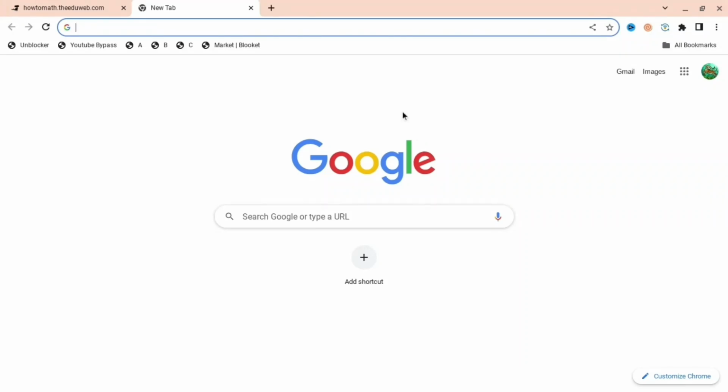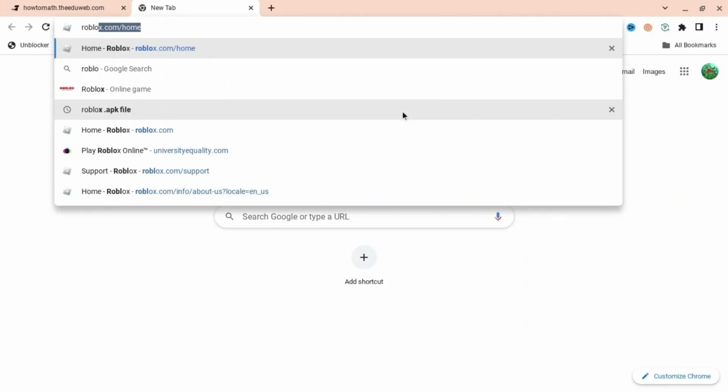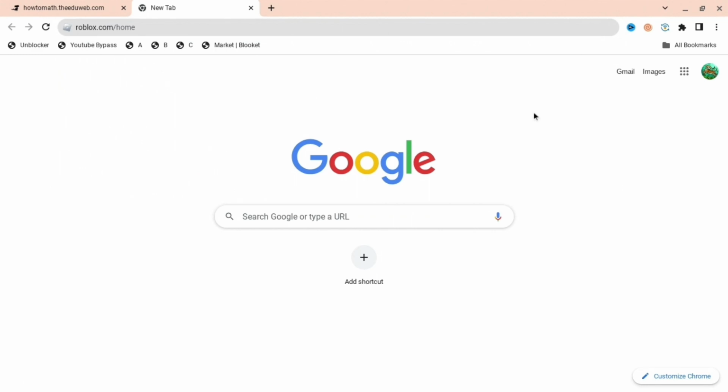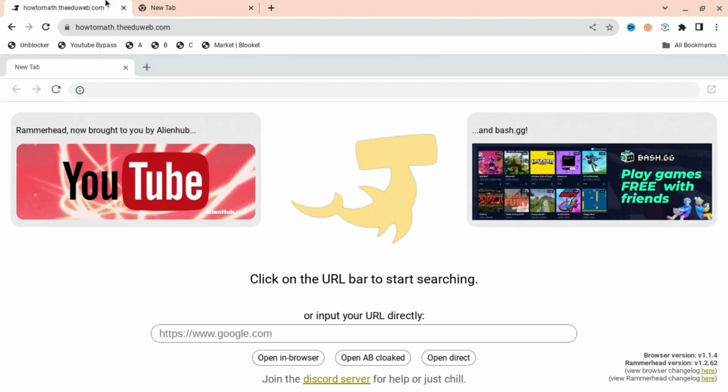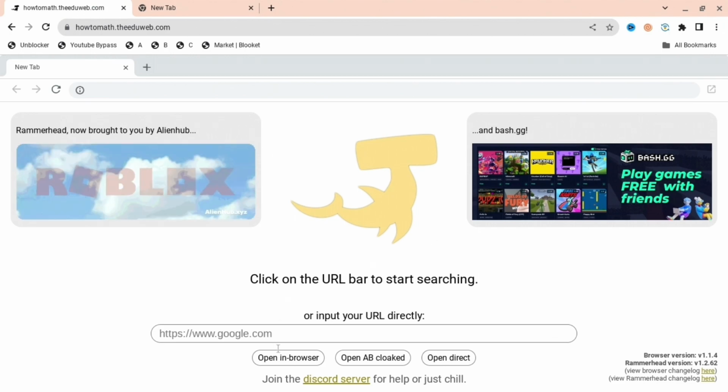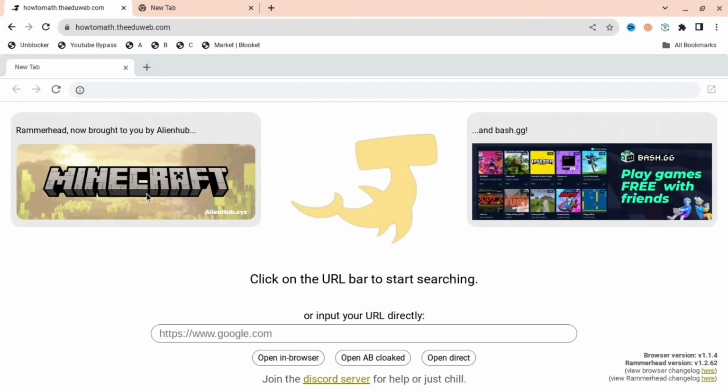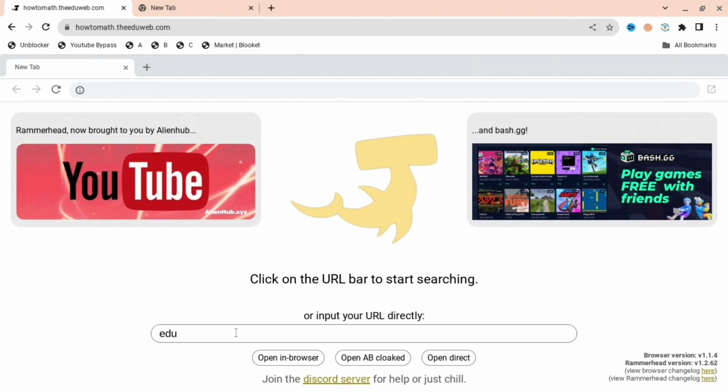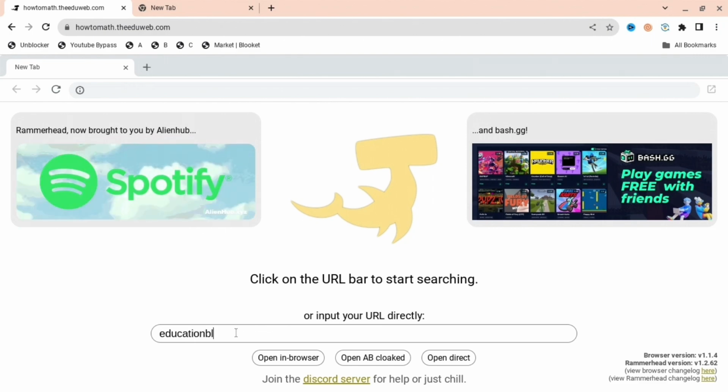If you are annoyed that you can't play or unblock Roblox on your school Chromebook, I'm going to show you exactly how. So when you press Roblox, it says like unblocked by GoGuardian securely and stuff like that. You're going to want to go to a proxy like this. So you can copy the one which is in my web browser and then basically search up